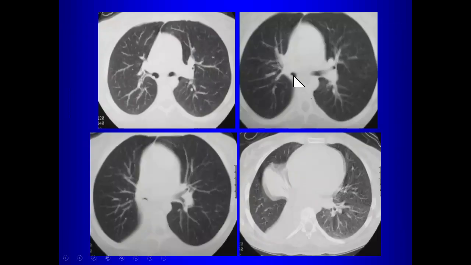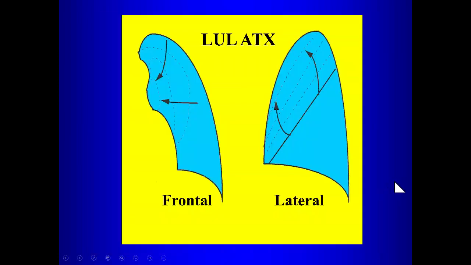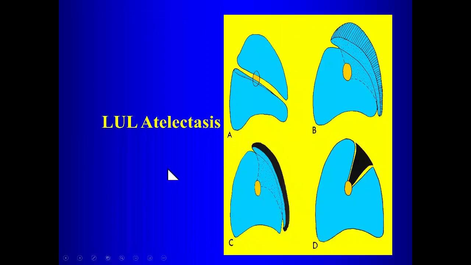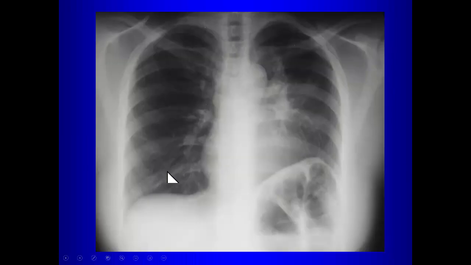And in this case, there's a mucus plug here within the bronchus intermedius. Here's the collapsed right lower lobe. Here's the collapsed right middle lobe. So obstruction of the bronchus intermedius gives you combined atelectasis of both the right middle lobe and the right lower lobe. Now the left upper lobe collapses upwards and towards the mediastinum,